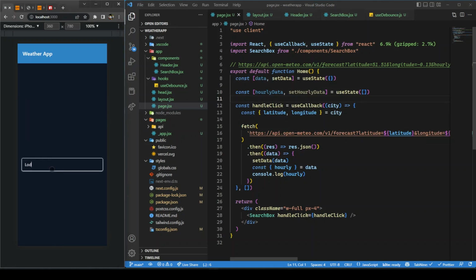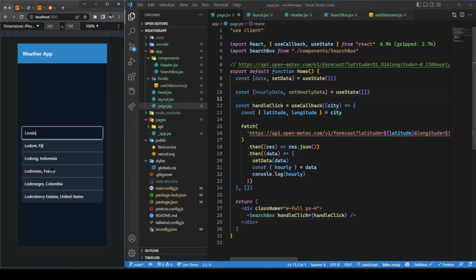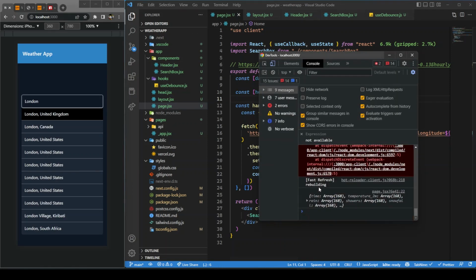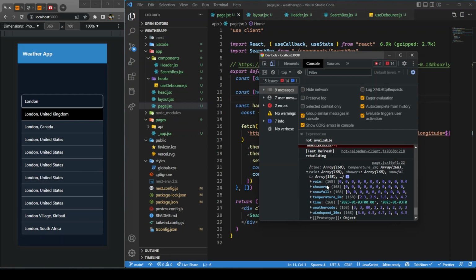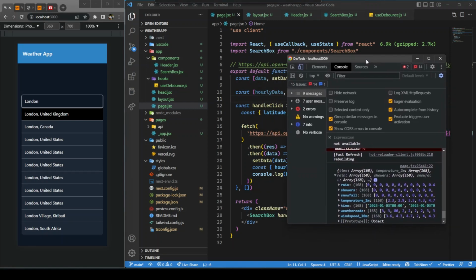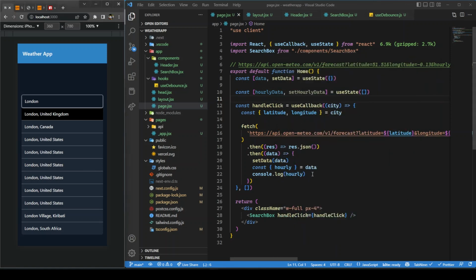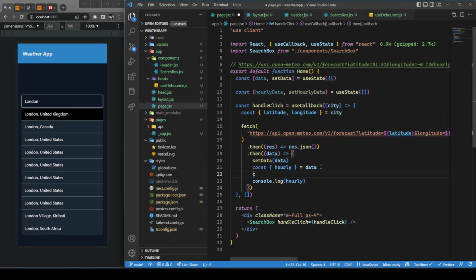Let's split it like this. Type here London, and if we go back over here, there we go. So this is hourly data, so we need to loop on each of these. We need to run a for loop 168 times, and then rain, hourly rain, 0th hourly rain, something like this. So here I'm going to create a new object, or sorry, new array actually, and here I'm going to say